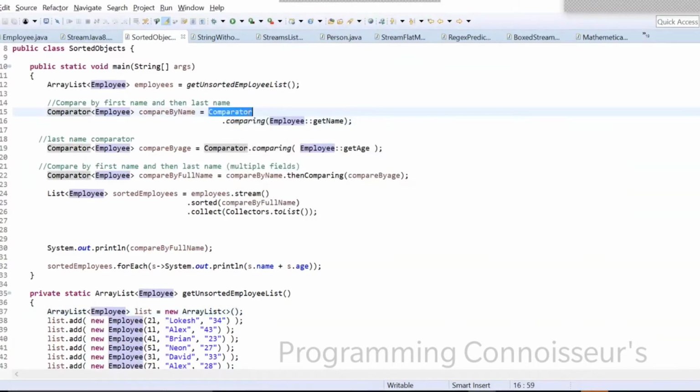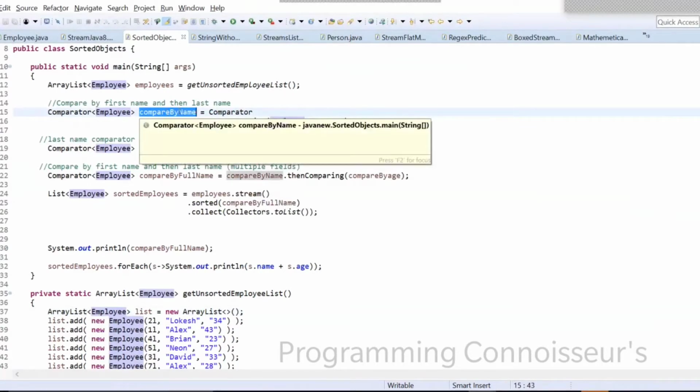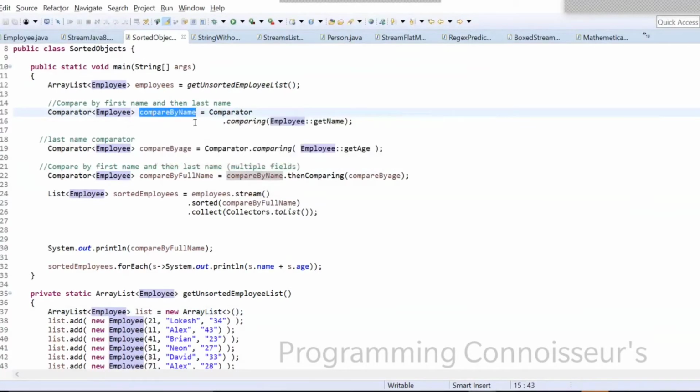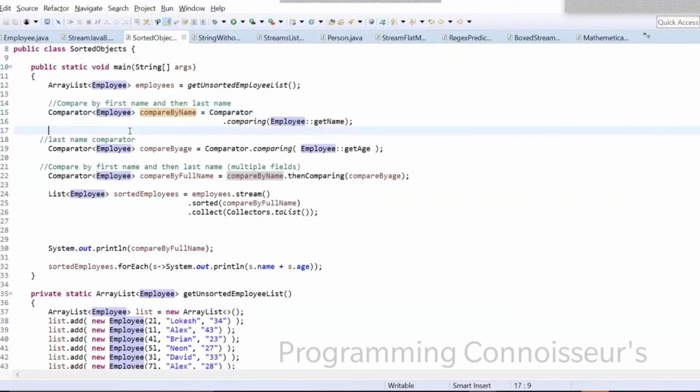Comparing by what? getName. Then it will give you a comparator by name. Now if you print this, with the name, it will be sorted and printed.